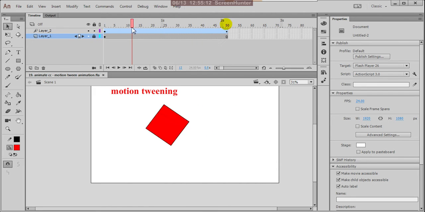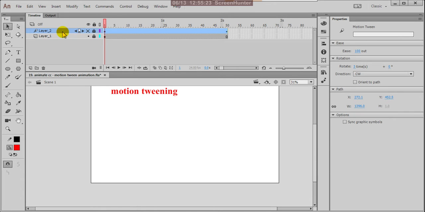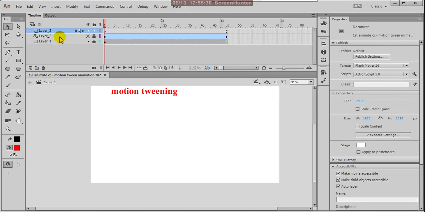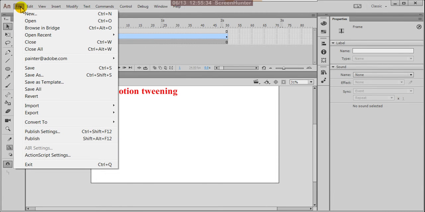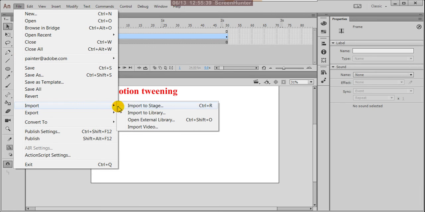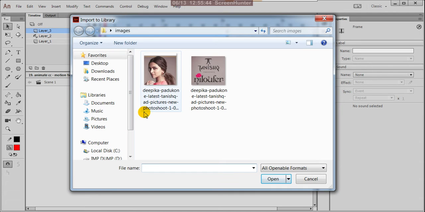Now suppose I try to apply the same thing on a picture, any picture. For that, close this and make a guide, then over that I'm creating one new layer. There I'm importing one picture, import to library.